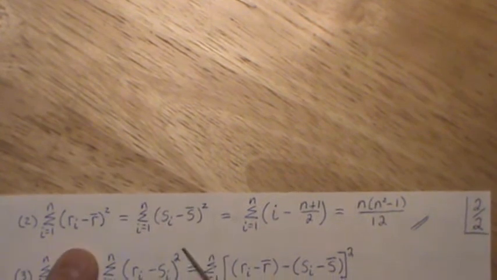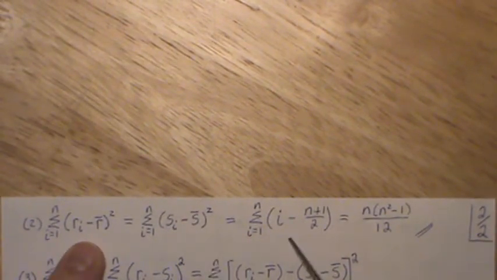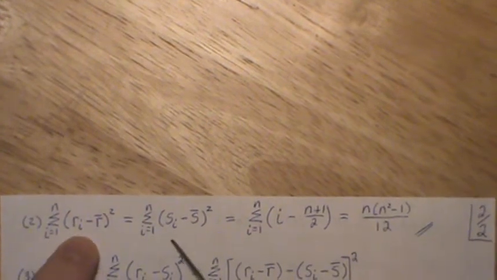Now this formula, for more detail, you need to really watch that video. But the important part here is that this is equal to this, which is equal to this. That's the important part. And if we think about just these first two,